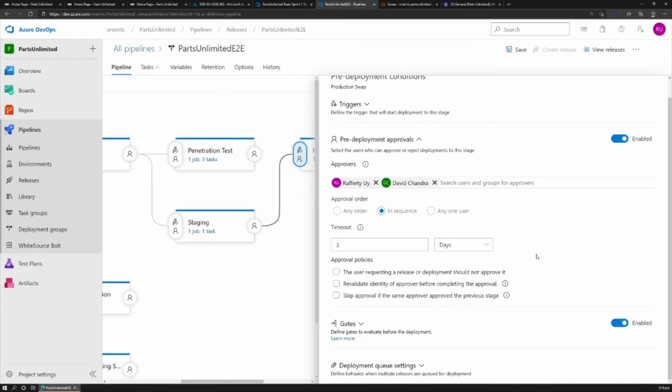And this could be your product owner in your Scrum team, right? So here we do have functionality to say, I will only deploy to production if these people approve. And I do have the options to say any order, meaning David could approve first before me or vice versa. In sequence means I need to approve before David, and any one user means as long as any one of us approves this, it doesn't need to be both of us, then we will still deploy